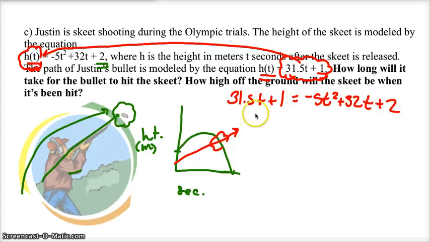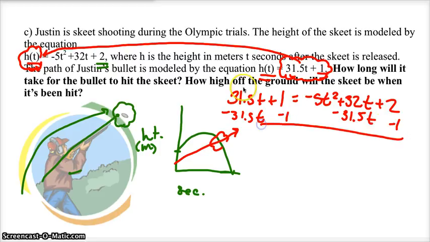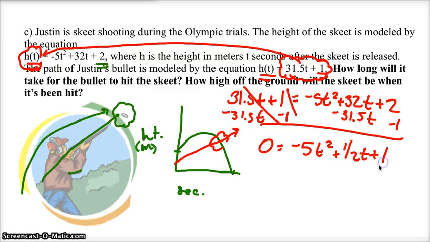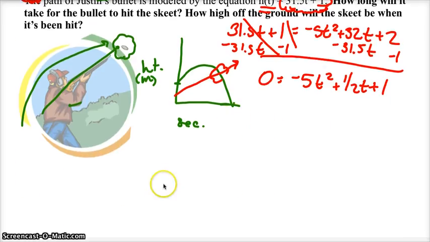I'm going to get this all over to the right-hand side, so I'm going to move the 31.5t by subtraction, and I'm going to move the 1 by subtraction as well. So now this is all 0, and I'm at negative 5t squared plus half t plus 1, and it all equals 0. I'm not going to be able to factor this, so we're going to have to use the quadratic